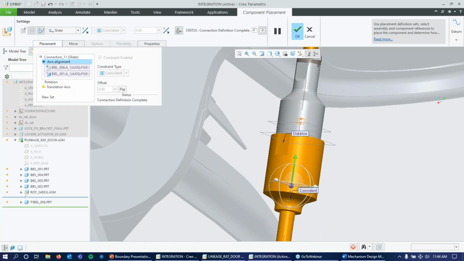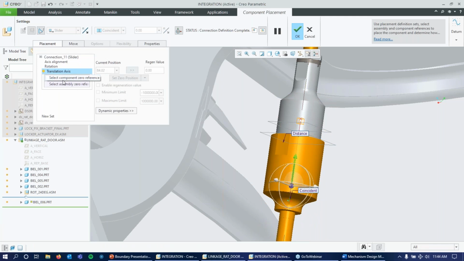Now, as far as placement, I'm going to select these planes here as references. I'm going to set a minimum and maximum. So minimum 0, maximum of 30. And I'm going to go into dynamic properties and set a coefficient of restitution of 0.1,